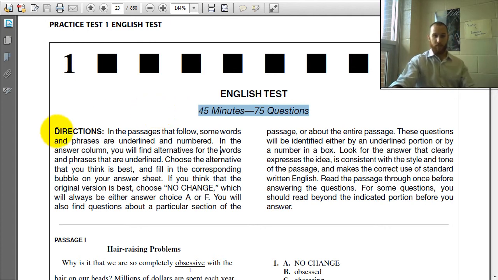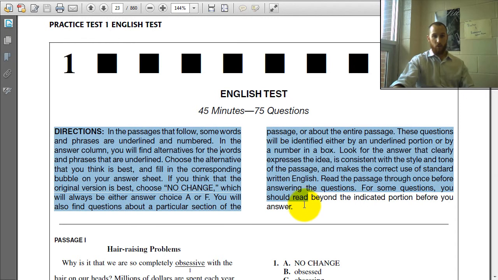So first thing, as I talked about in a previous video, read the directions. So directions: in the passages that follow, some words and phrases are underlined and numbered. In the answer column, you will find alternatives for the words and phrases that are underlined. Choose the alternative that you think is best and fill in the corresponding bubble on your answer sheet. If you think the original version is best, choose NO CHANGE, which you will always see to be either answer